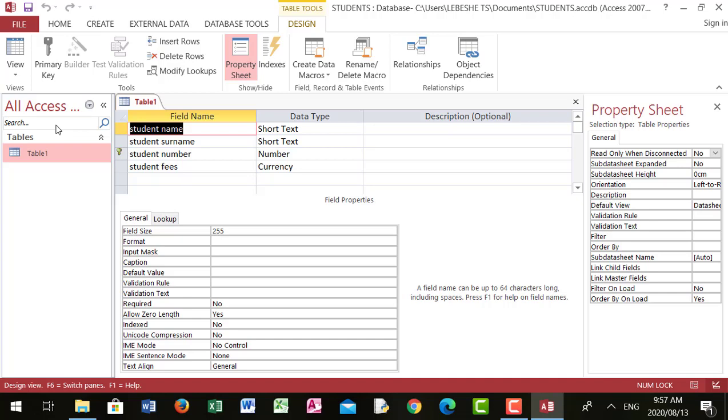Now we are on the field student name. I want us to change student name properties so that it can only allow a maximum of 12 characters. So when you find that you have to change the field size to allow a certain number of characters, then you go down there where it's written field size, but make sure that when you go there to field size, as indicated down there, field size,